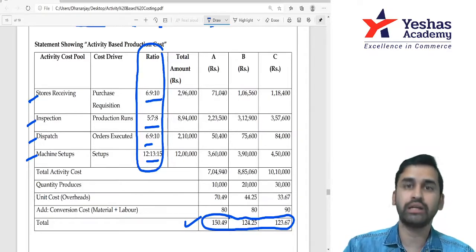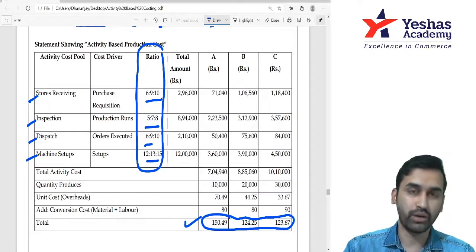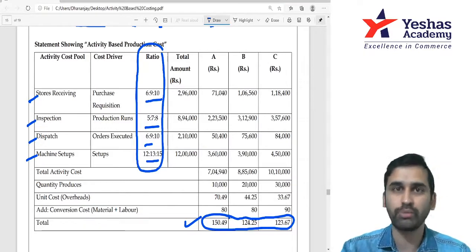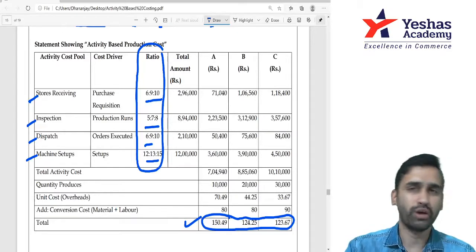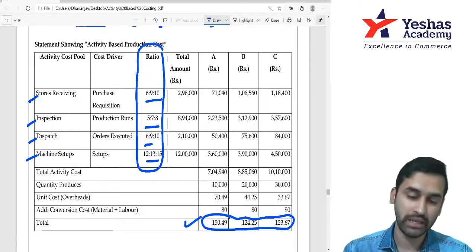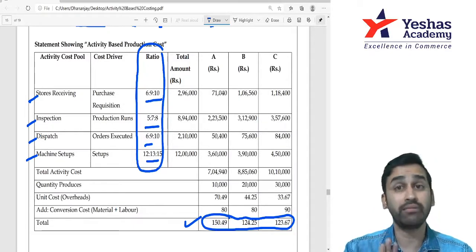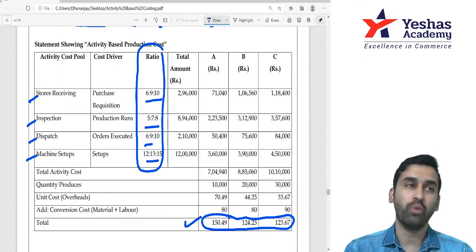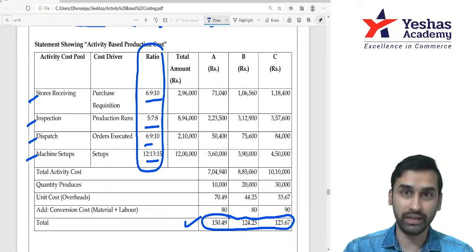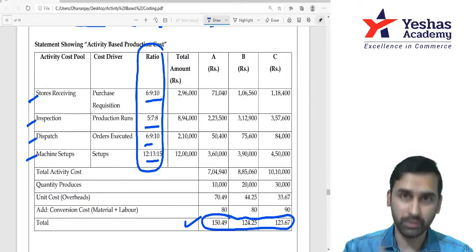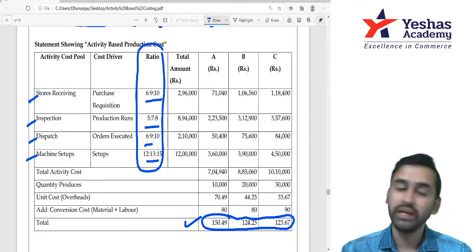Costing and FM, these are the two papers where you do not have a very standard format as such. Correct? Only in non-integrated accounting for the ledgers, and that too is because of accounts, we have to follow ledger format. Otherwise, formats are quite flexible. Don't worry too much about strict format. As long as the reader can understand and interpret in the same way in which you want him to interpret, that's more than enough. That's the only condition. What you are trying to say and what he will be understanding from your answer, because only your answer sheet will go, you won't go, no? Correct? That means whatever you want to convey, it should be conveyed. It can be in a different way.